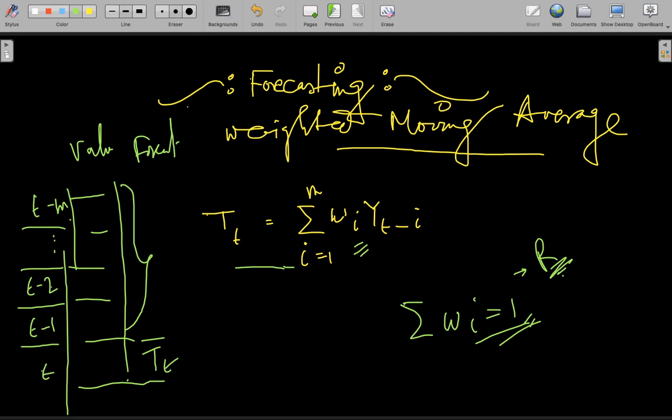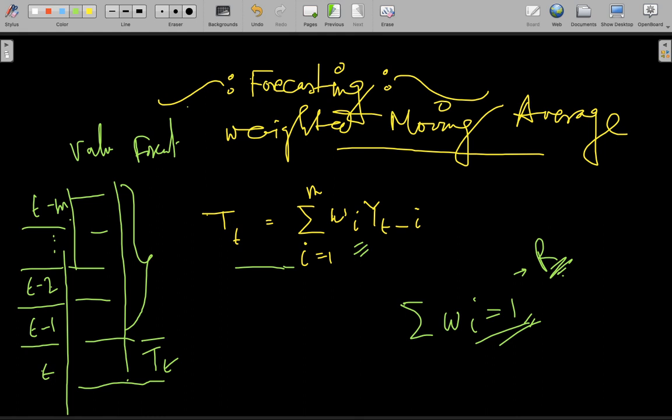Just remember that this is a type of simple moving average where you are adding the weights. So all the assumptions that you have taken for simple moving average also hold true here. We are implicitly assuming that the series is stationary, and we don't really need an identified model with all the diagnostics done, or all the parameter values estimated. We can simply take the time series values and estimate the forecast values.